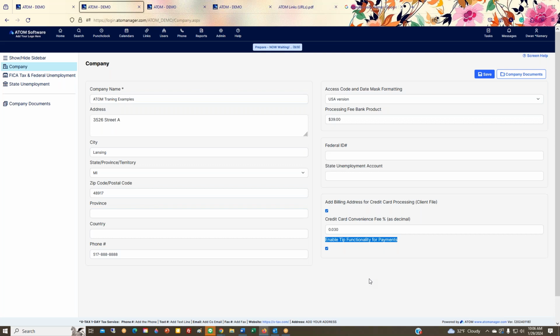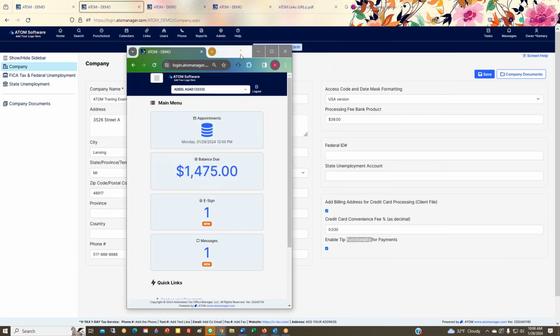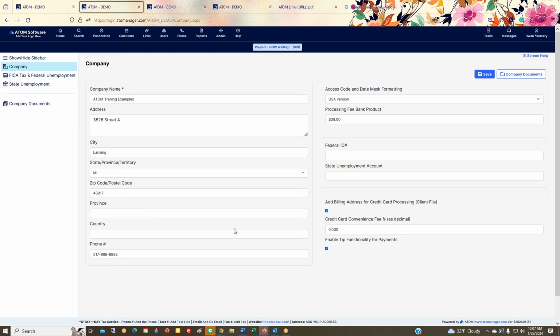A little bit of background, we are doing some background work for programming to actually have a new type of card reader. So the card reader would be one that would allow contactless, that would prompt for tip if you want to. It's just because it's part of the reader. So we didn't do this just to say, hey, we think everybody needs to ask for a tip. It's just that it was originally part of something that just isn't pushed out to you just yet. It's not live. So this kind of went hand in hand. If we had it on the machines that we were using, it also had to be available inside of the